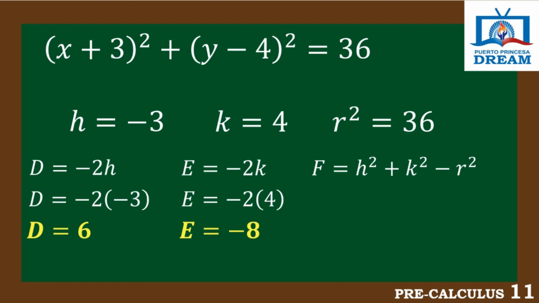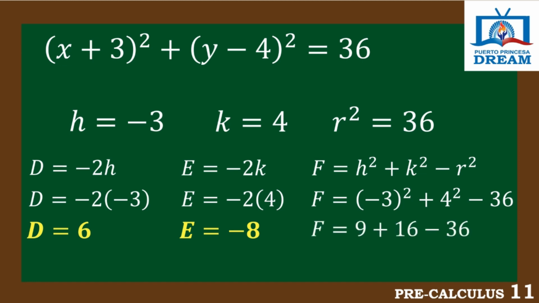Last, we have to solve for the value of coefficient f, using the given formula. Substituting the values of h, k, and r squared, we get negative 3 squared plus 4 squared minus 36. The square of negative 3 is 9, and the square of 4 is 16, then copy minus 36. Last step, we evaluate 9 plus 16 minus 36, and the value of f is